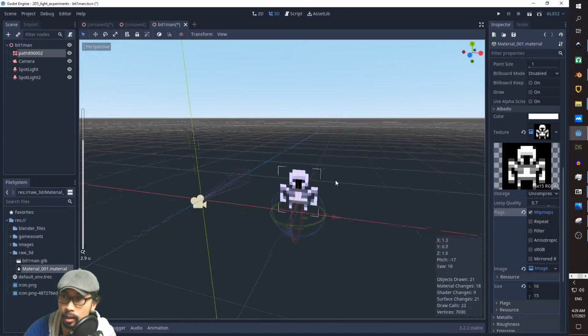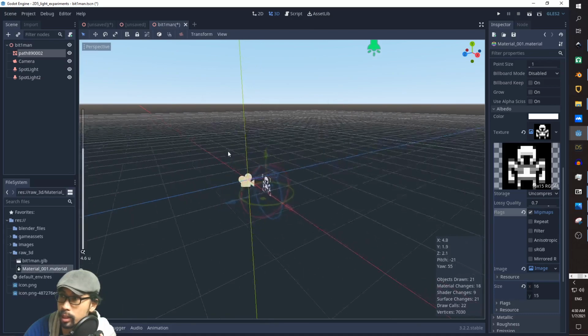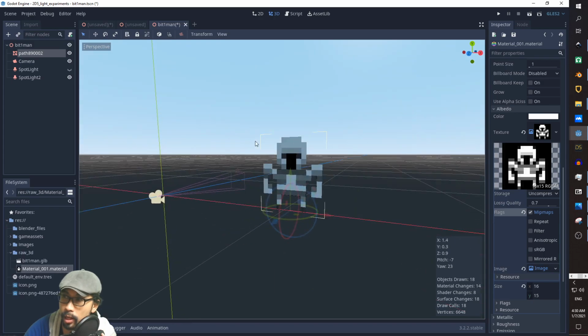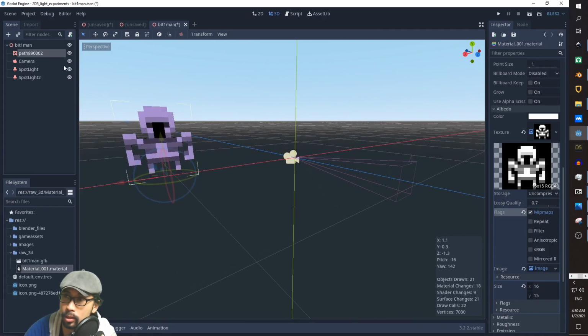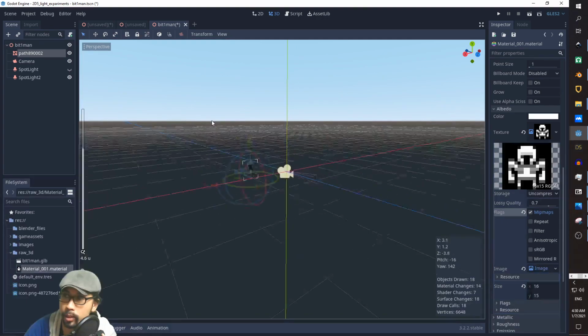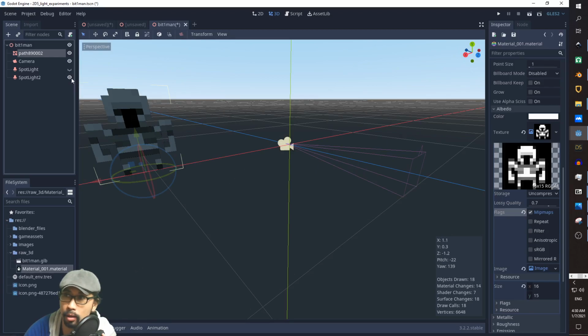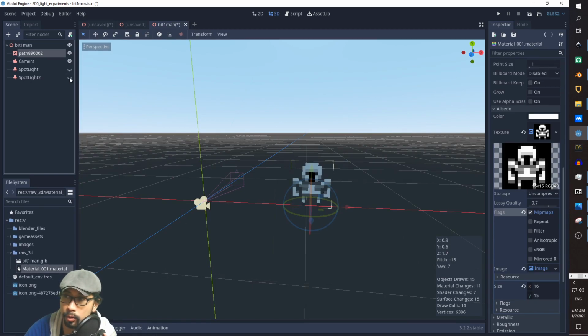And that's simply this. So right now in my setup, I have two light sources. I have a red light source and a green light source. And the reason I have these two light sources is I want to show you that when I hide this light source, on the front of the image, you can see it's affected, right? And on the back, what's interesting is you see this light source, and when I do this, it's being affected by the front, right? But the backlight, which has the same amount, which is green, is not affecting the back at all. So what this means is that because it's just a plane, it's not a full 3D object, it's only taking account